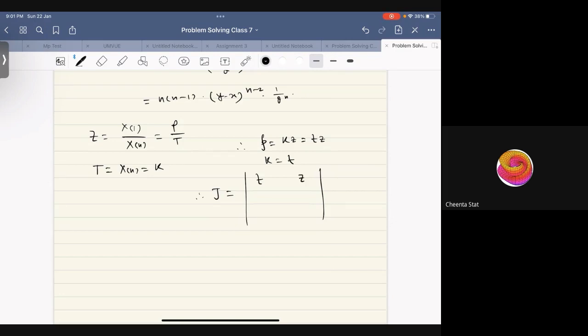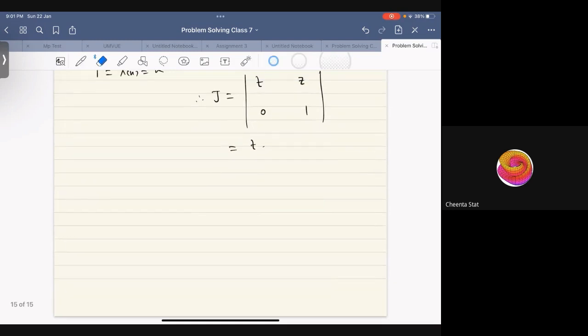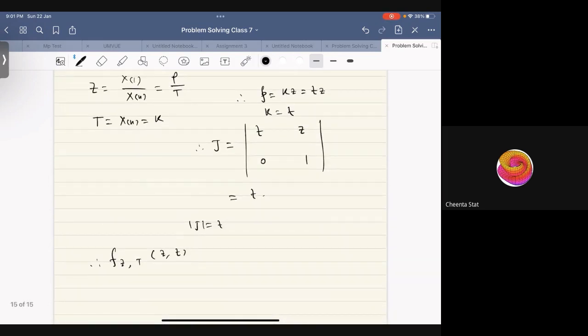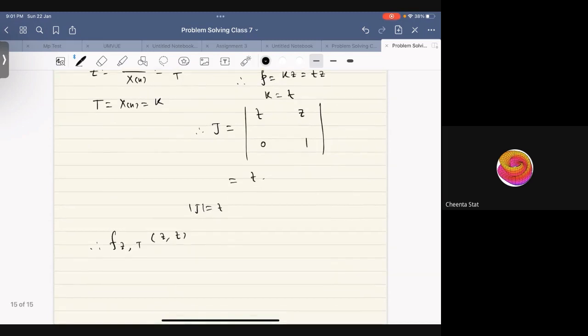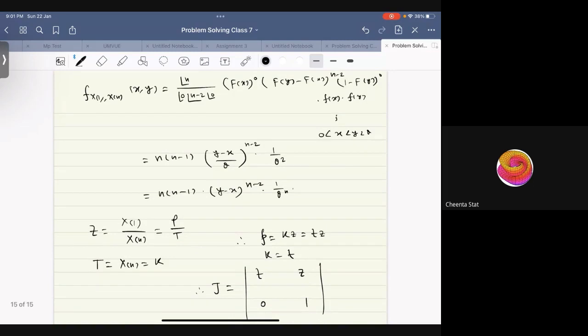Same thing actually. Del p del z and del p del t, there's 0, this thing, right? So it will be t. So the mod J will be t, then f of z comma t, small z comma small t, that will turn out to be n into n minus 1. Oh, sorry. It's y and x I denoting here. Sorry. This type of silly mistake I always do. Okay, so